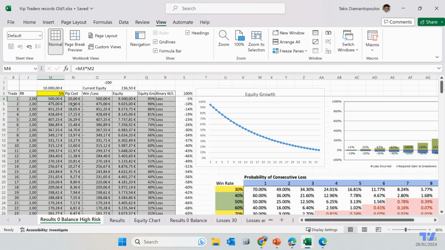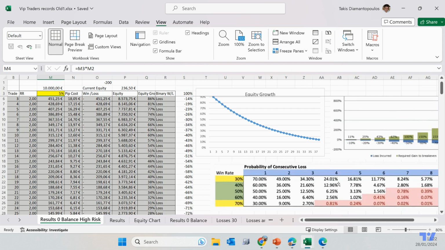Well, I will lose my capital in 20 trades if I was to continuously lose 20 trades. Okay, this is a very, very rare possibility, but what is not rare is to have, for example,